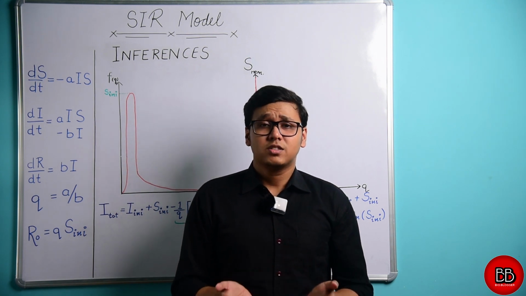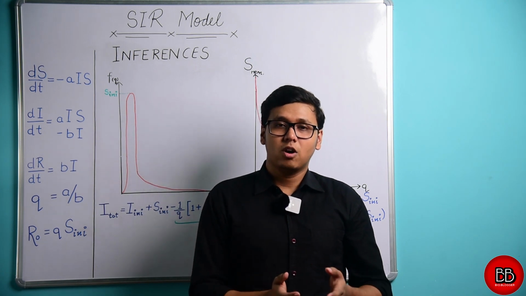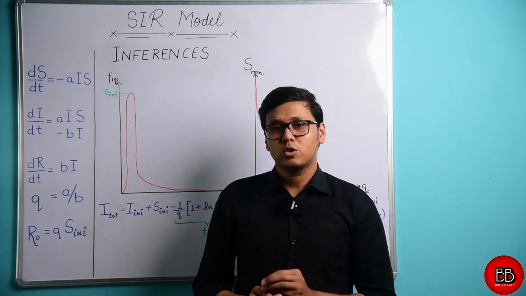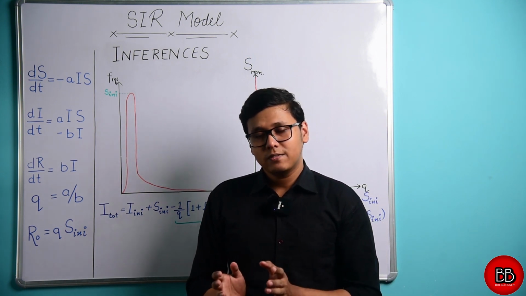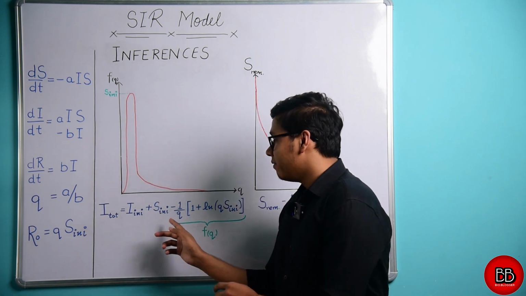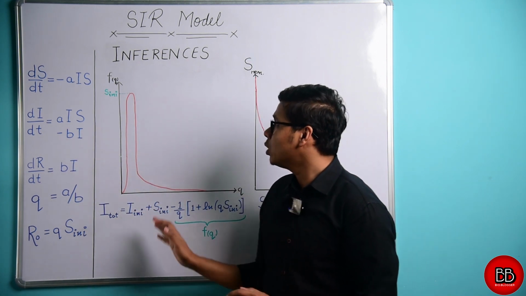The answer is 0, because there will be no one recovered or dead at time t equals 0. So the total population will be represented by infectives and susceptibles, and this is what I am going to say here. Now if we look at the graph here,